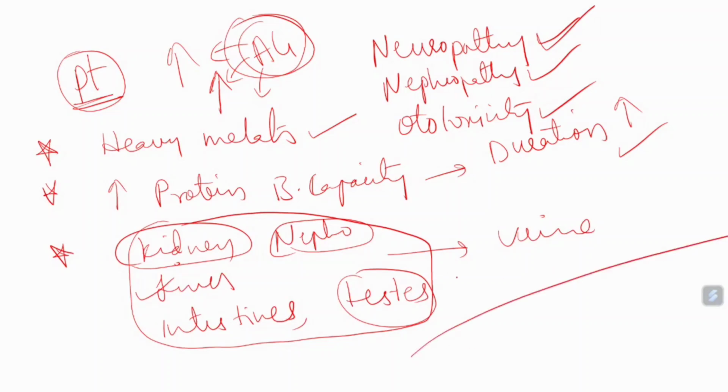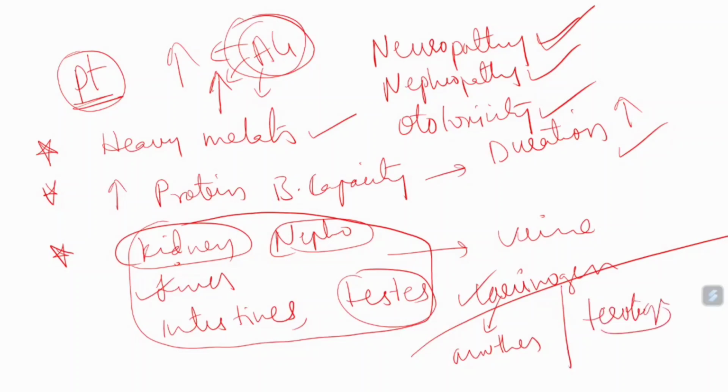Another very important point is that they are highly carcinogenic. If they are given as anti-cancer drugs to patients who have cancer, they can also induce another cancer. Secondary cancers can be caused by platinum containing compounds because of their carcinogenic property. They also have a high teratogenic property, so in pregnancy they are not suggested. And in patients with kidney impairment, they are not suggested.